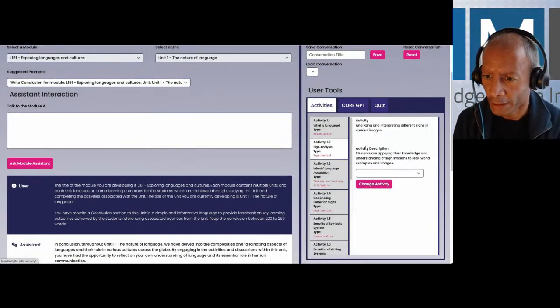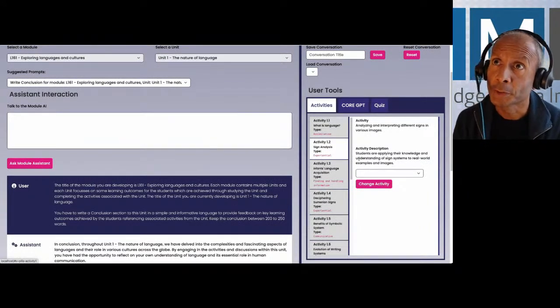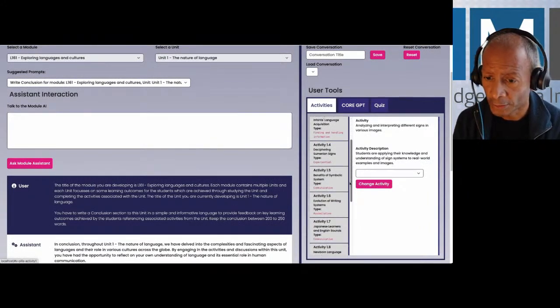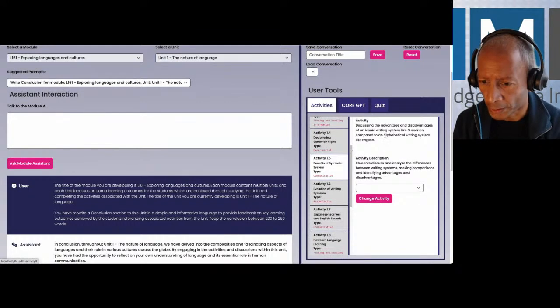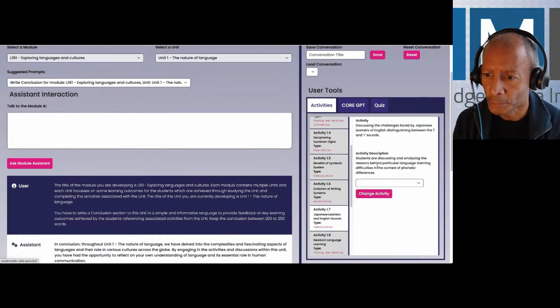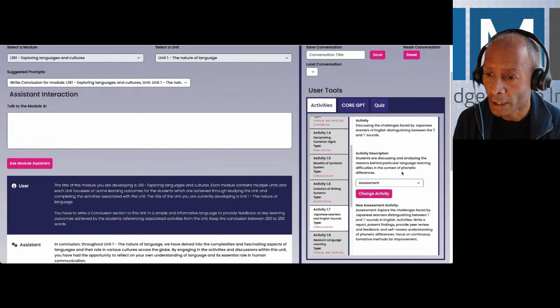Then finally, for the writing assistant, the tool can automatically analyze the OU content and say, okay, these are the types of activities which are supported. And I can say, look, here's one activity which is communicative. I want to change this learning activity to be an assessment. And then the system will rewrite the material. So this is now an assessment rather than an assimilative or a communicative activity, which it was before.